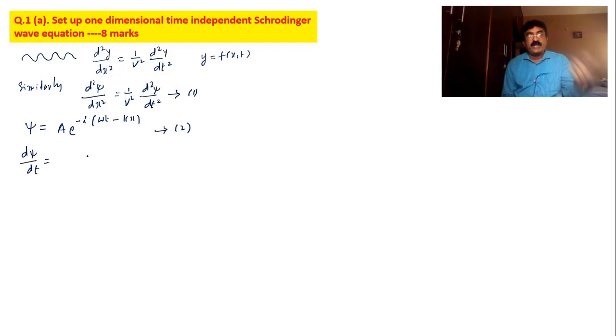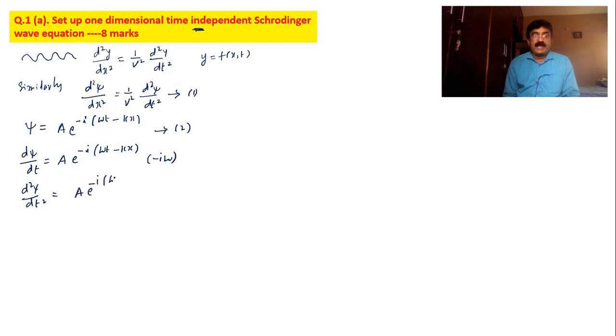I told you we have to get rid of t because I want to derive the time-independent equation. That is equal to A into e to the power of minus i (omega t minus kx) as it is, into minus i omega. Once again, d square psi by dt square is equal to A into e to the power of the same expression as it is,